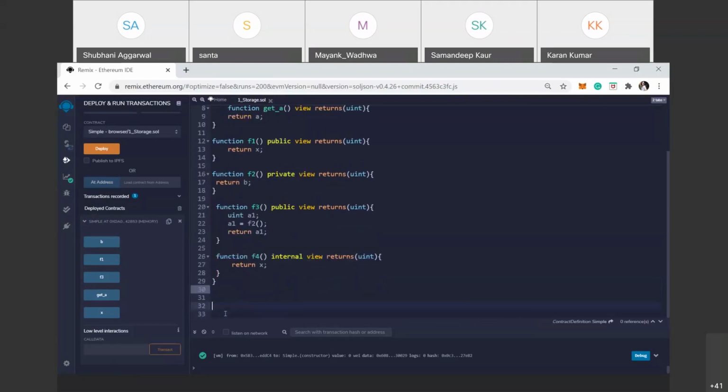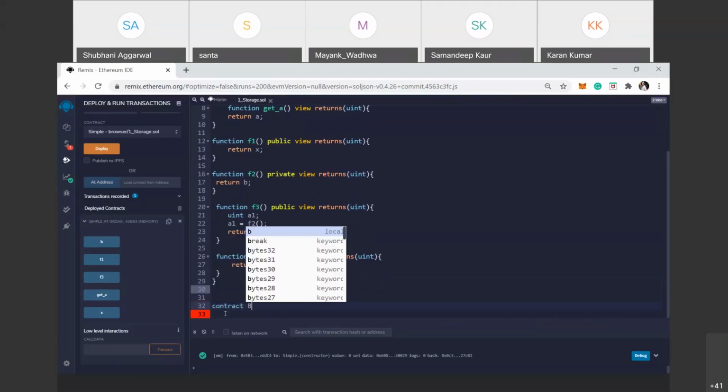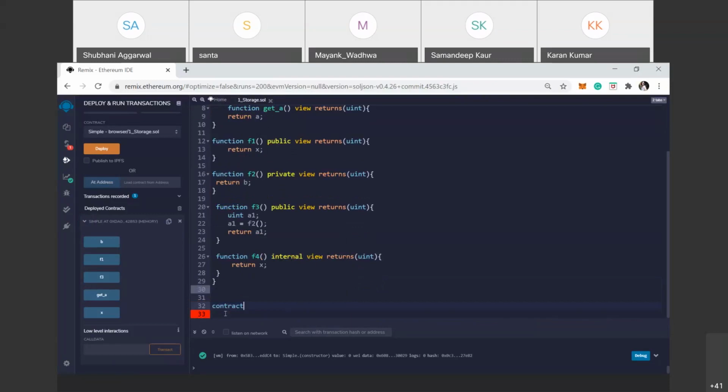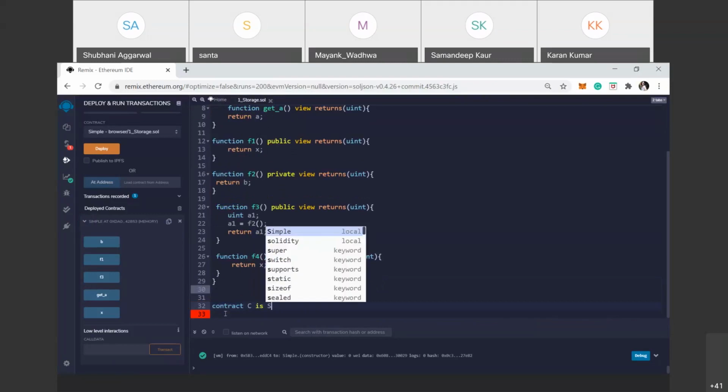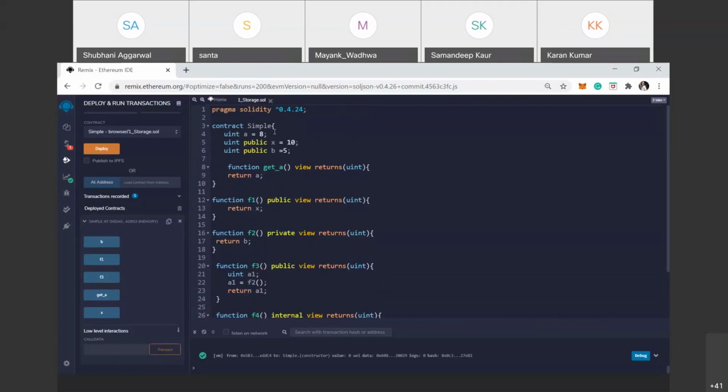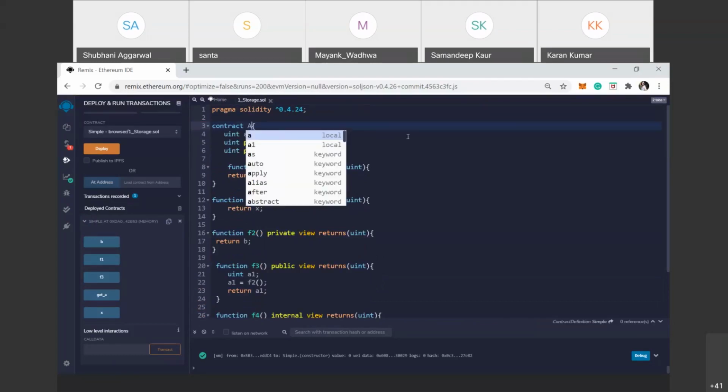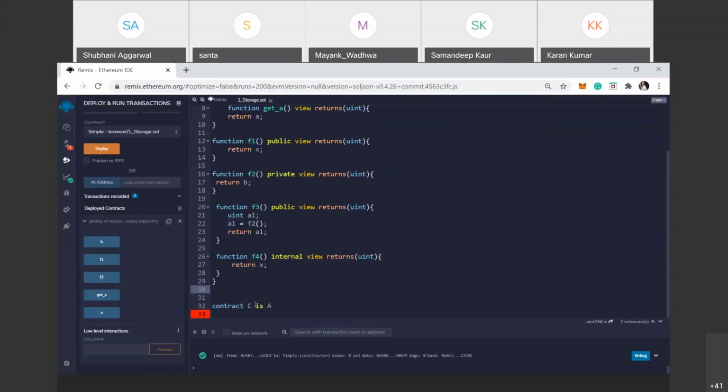We define one more contract, contract C, where "is" is the keyword, that is, C is derived from simple. Suppose we rename the contract name to A, so contract C is derived from contract A.